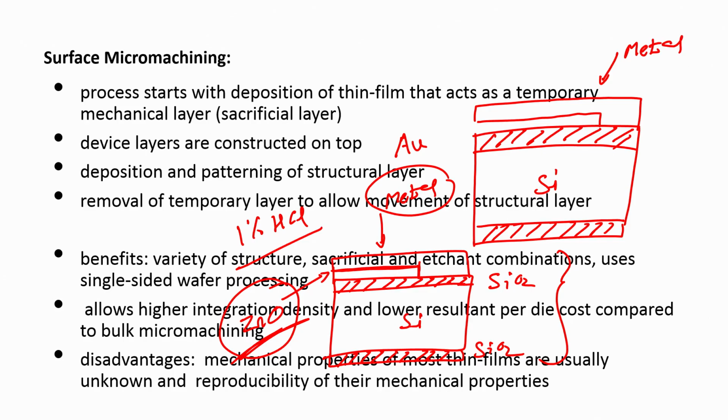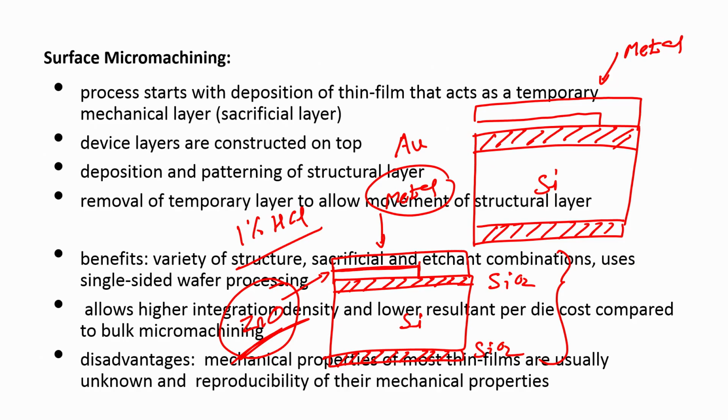Everything that we have seen here is machining, but the machining is done at the surface level. I have not etched any bulk part of the material, the bulk part of the substrate. So, everything is done at the surface level, and that is why the machining we have done to create this cantilever of a metal, which is my gold, is called a surface micro machining technique.